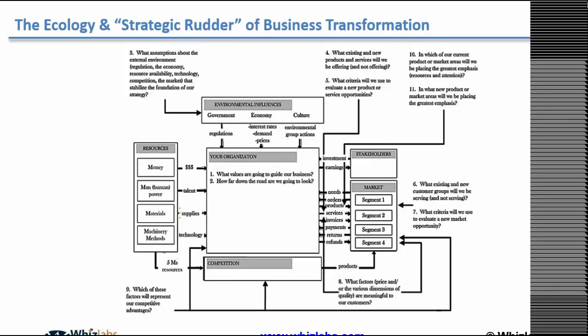The importance of this map is there are 13 questions that need to be answered and that form the strategic rudder of your business. Those 13 questions focus on, within your organization, what your values are, where you see yourself going. But as you can see, the major parts for these questions are your organization, environmental influences, resources, competition, stakeholders, market. A question I have for the audience,